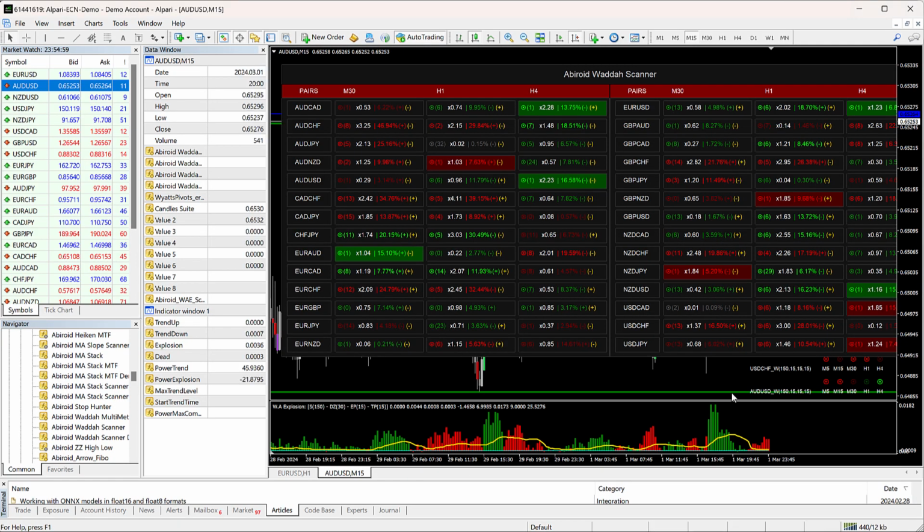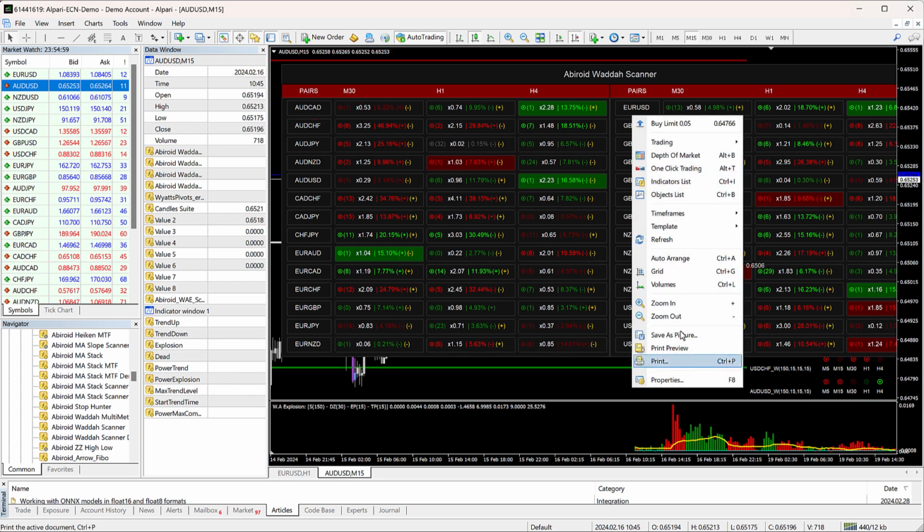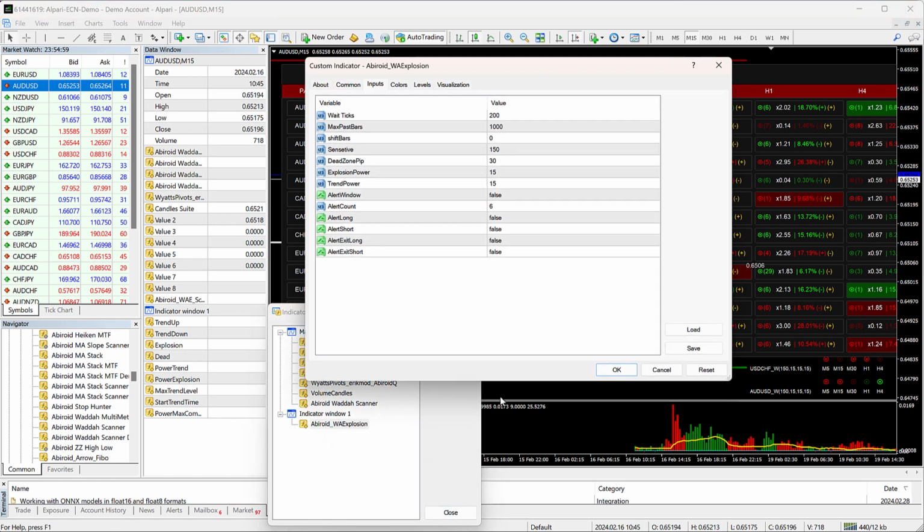I'll go back. As you can see, the Waddah indicator does not have an actual upper value. Right here we have 0 as the lower scale, but the upper value can change a lot. Suppose we just look at this, then the Waddah trend might seem pretty strong, but if we scroll through, and I'll increase the number of past bars, suppose let's look at 5000 bars,